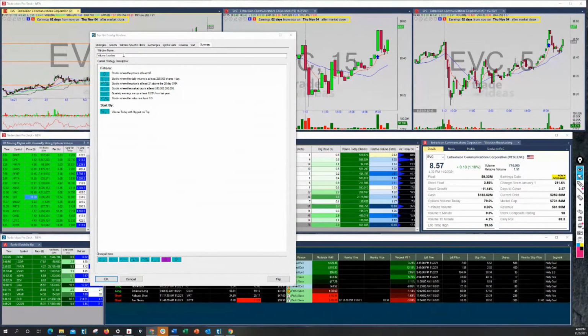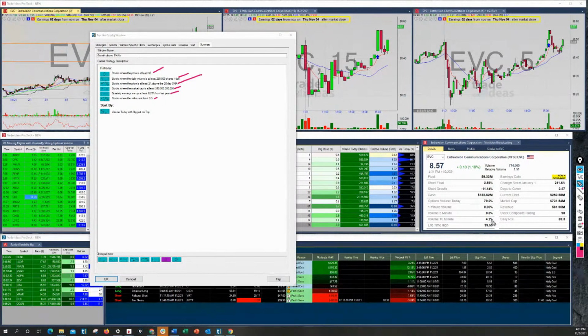All right, and we're going to call this growth above SMAs. Just to recap what we're looking at here: stocks that got to be at least $5, traded an average of 250,000 shares a day for the last 3 months. Got to be 2% above the 20 SMA. Got to be at least 10 billion in market cap. They got to be up 0.25% from last year's quarterly earnings at this point in time. And they're at least 0.5% above their 10-day SMA.